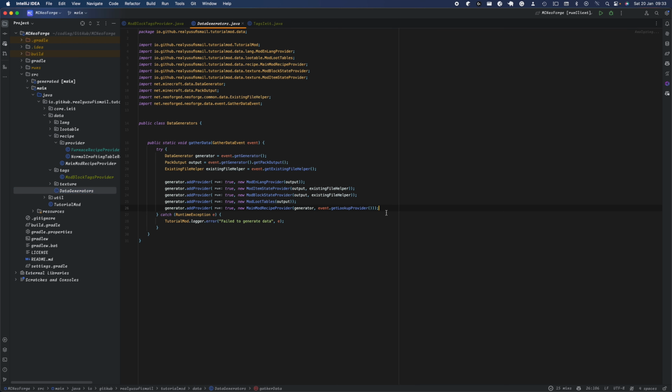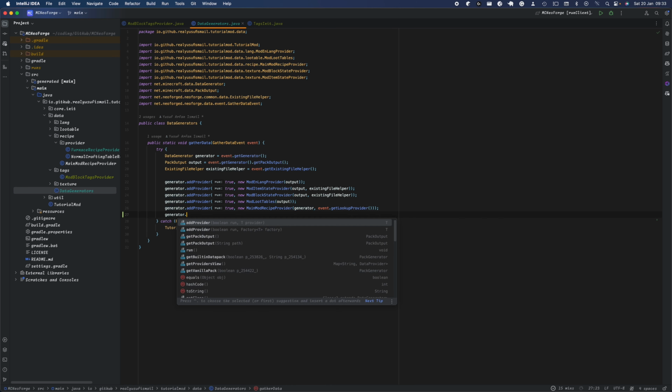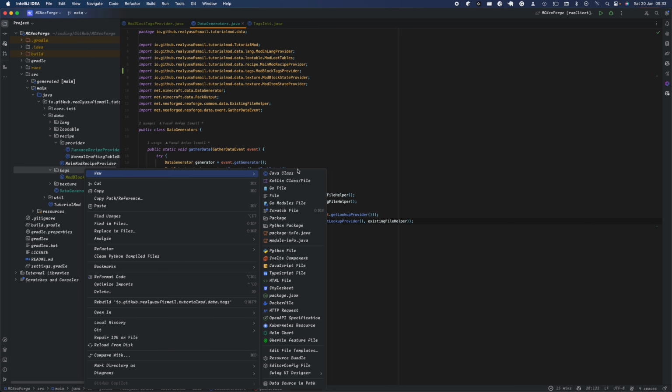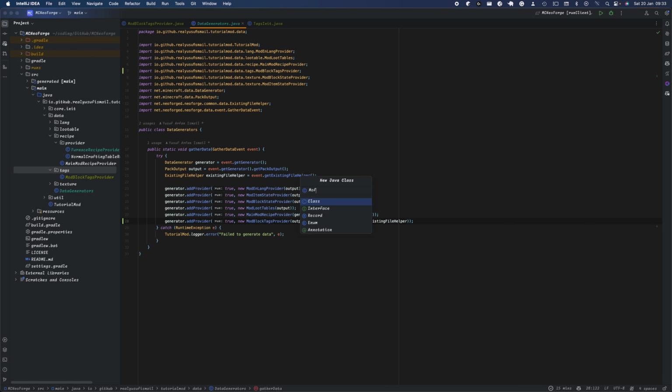Okay, so now we've done our ModBlockTagProvider. We can head over to our data gen and we can add it to our run. So addProvider, run new ModBlockTagProvider, and now we're gonna create one for the item tags provider. So in here we're gonna create a new class called ModItemTagsProvider,